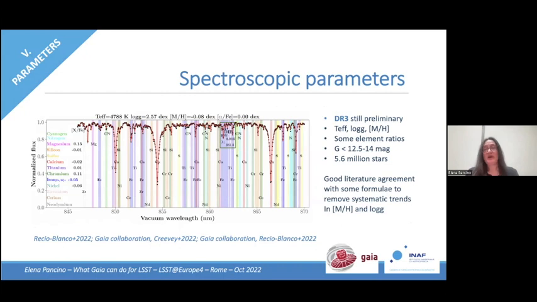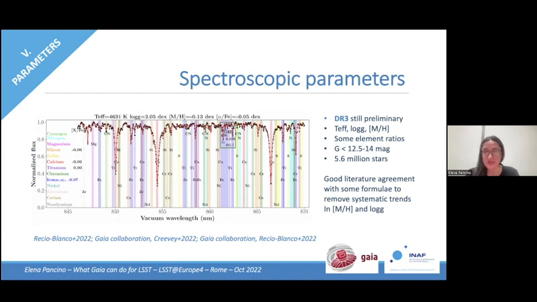So with this type of spectra, I do not only measure radial velocities, but in this simulation here, you can see for stars of different types what are the atomic lines and molecular lines that can be used to derive abundance ratios. So you can really characterize the stars with this type of data, similarly to what was done by the RAVE survey. So in DR3, you have a little bit less than 6 million stars with the same magnitude distribution as the radial velocities that I was showing you before, with some element ratios like calcium, titanium, silicon, and the like, and all of them with temperature, gravity, and metallicity.